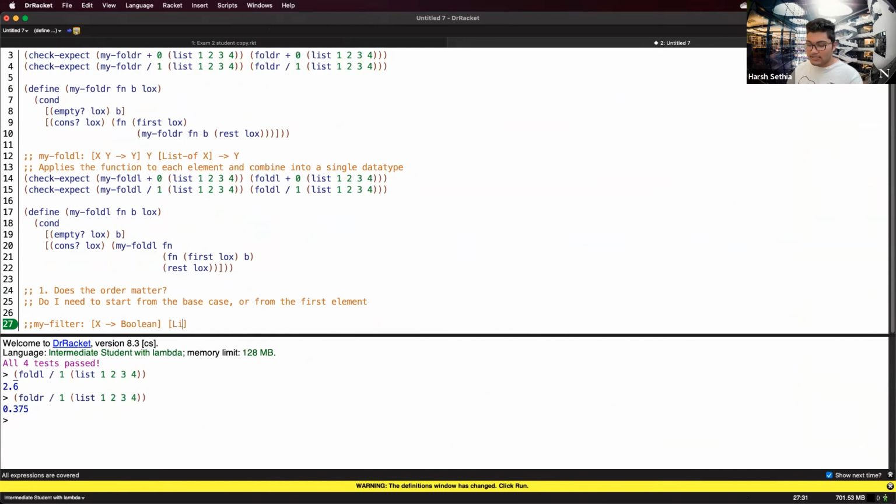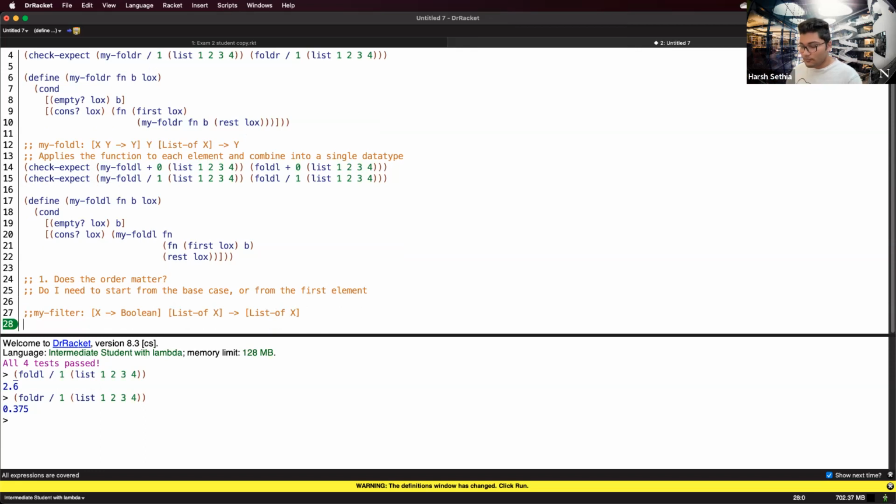Then we take a second variable that will be a list of X. Since filter is only recreating the list of X, with certain elements kept and certain elements left out, we return the same list of X. So there will be no type change in this data. Essentially it gives back the elements